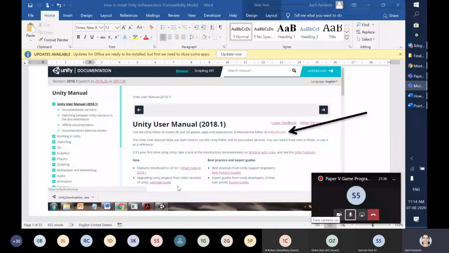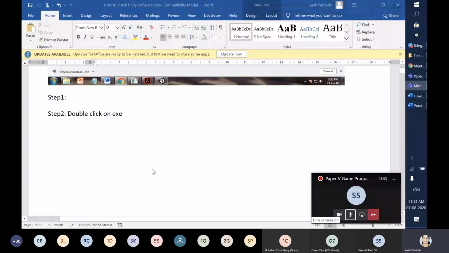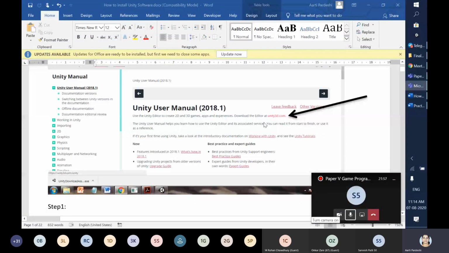Then simply by going to this Unity 3D module, you will see it is written unity3d.com. If you don't want to refer to this Unity 3D module or manual, it's okay. Directly in Google also, if you search for Unity 3D free download for Windows 10, you will get this first link, unity3d.com. So officially you should go to unity3d.com. Here the shortcut has been created for it.